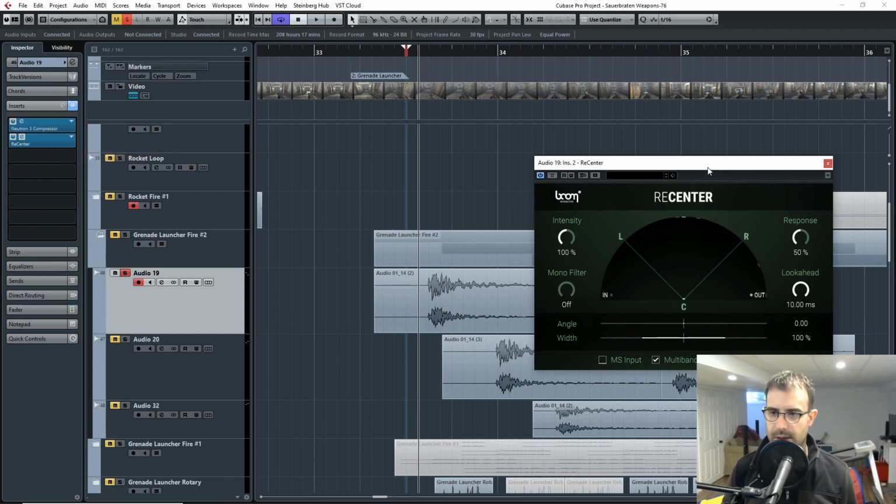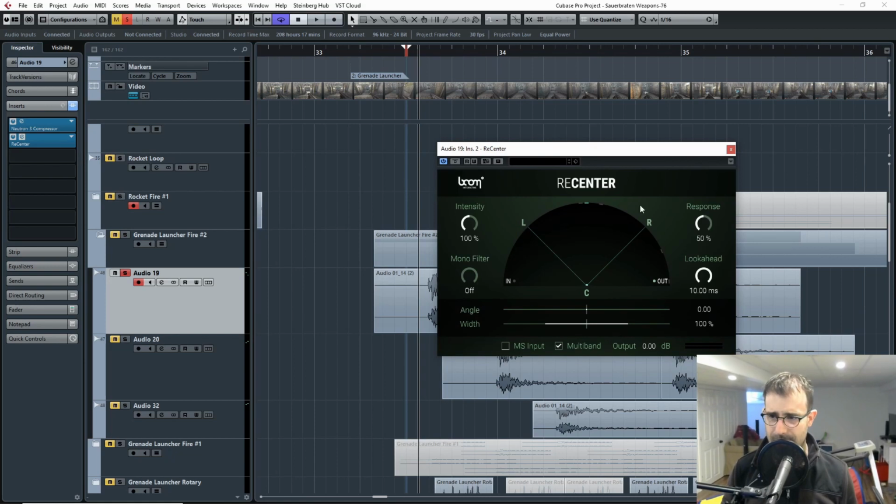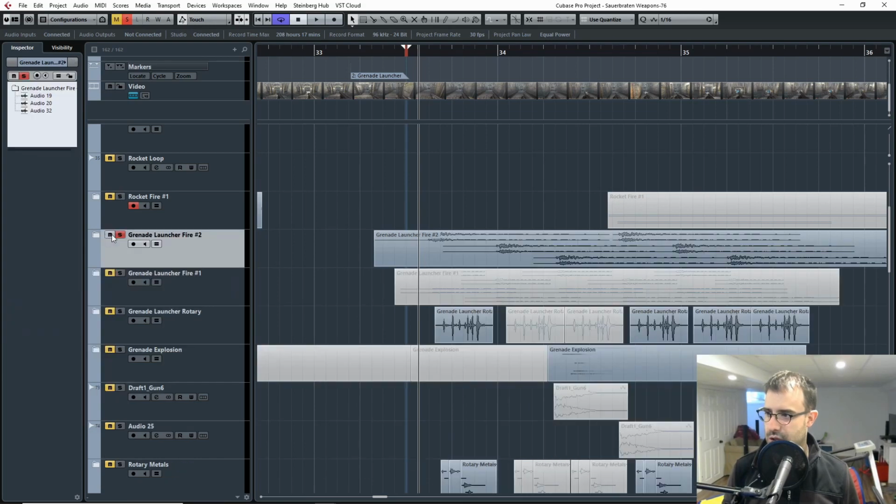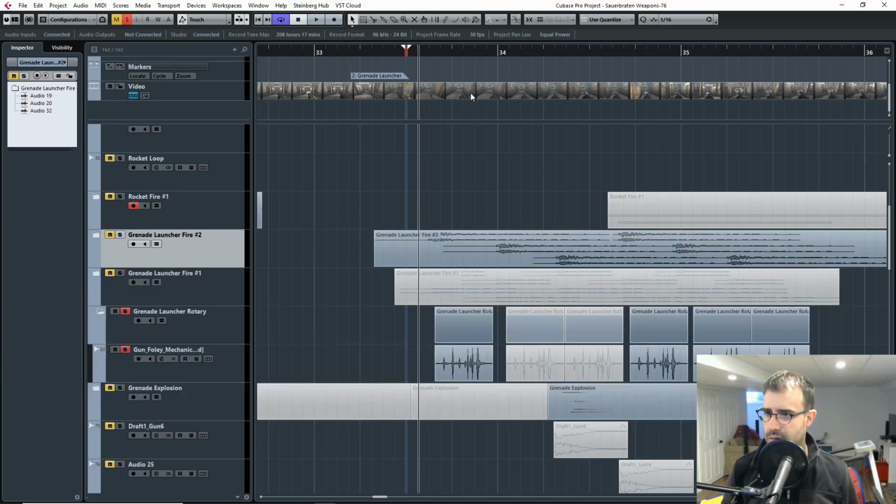And for this one, I didn't even put any settings. This is how it comes. I didn't touch any of the settings here. The only thing I did is click multiband, so it does it through multibands instead of just one band, so it's more accurate. But that's about it. So that is the shot, the fire. I also, for the